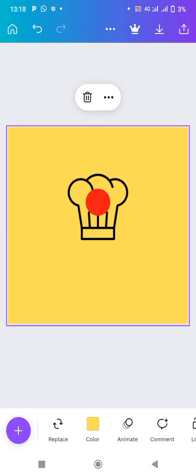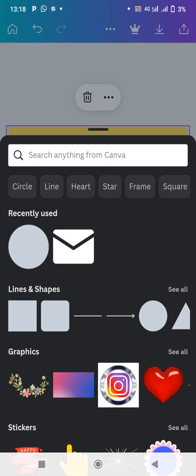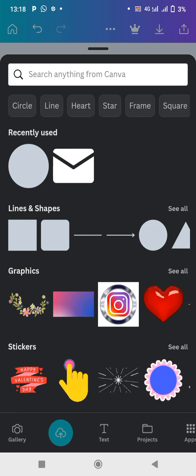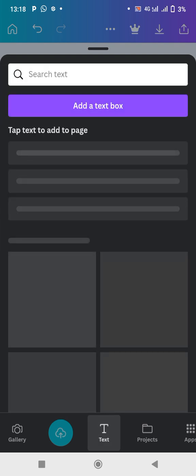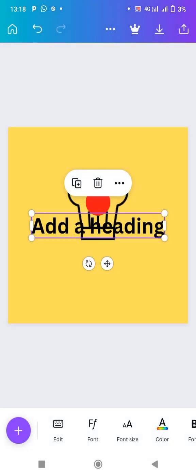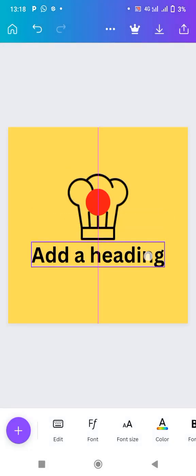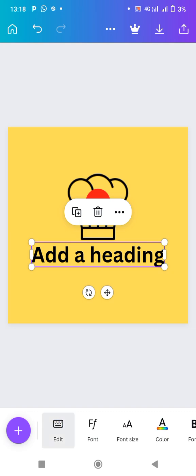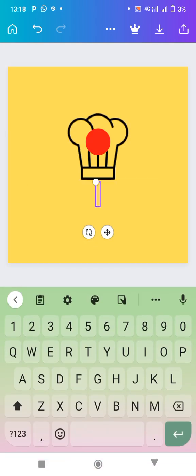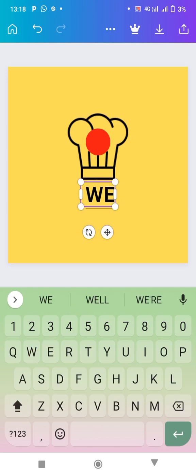All right, so we now bring in our text. You click on this plus to bring in our text. We go back to text. Then this is text. You click on text, then you add a heading. Good. So now you edit. Click on edit to edit it. So what we are putting is, let's just make it